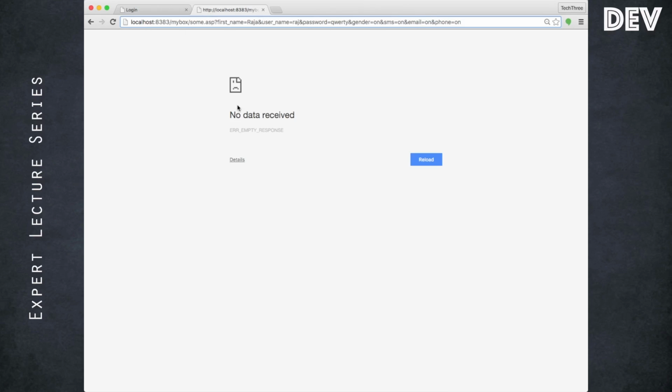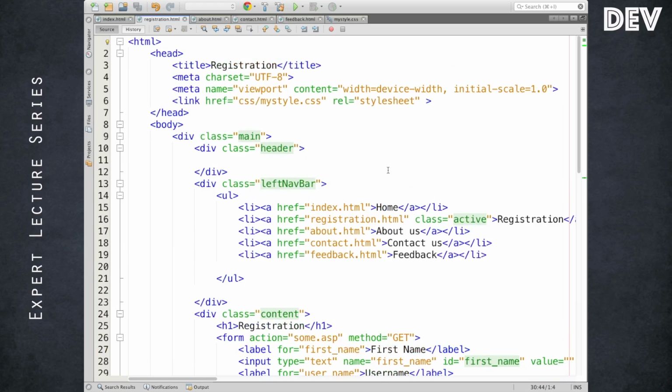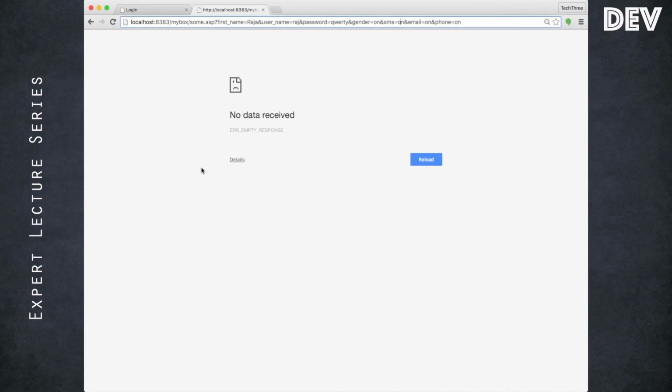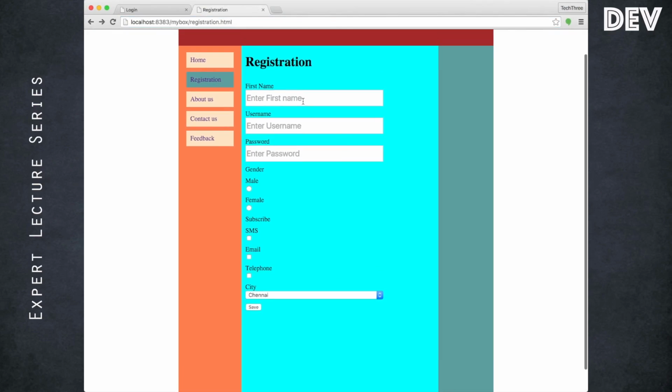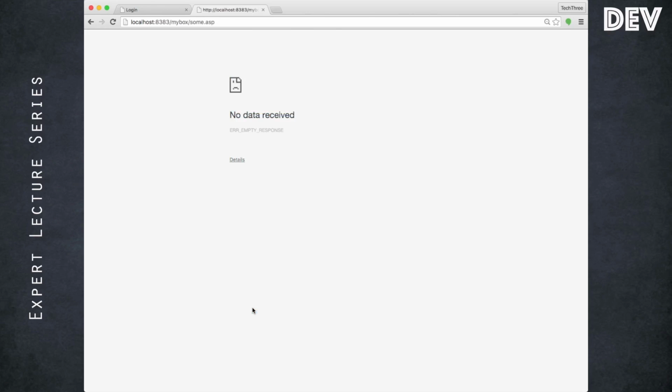But the same case was not for HTTP post, which we are quite familiar with, and that's the reason we call HTTP post quite secure, because it is not going to append the values to the URL but still sends the data to the server. It's not going to append any URL parameters.